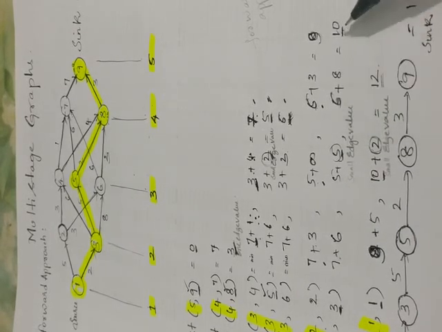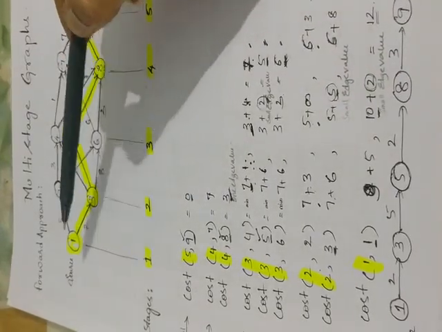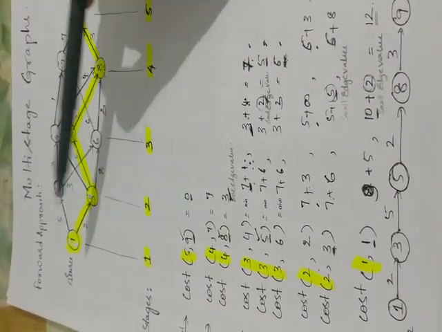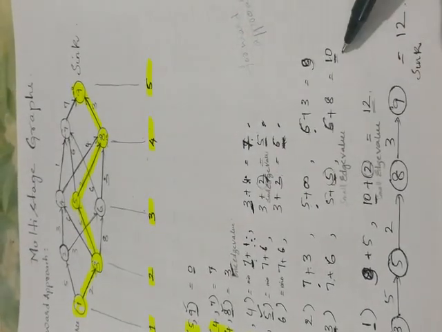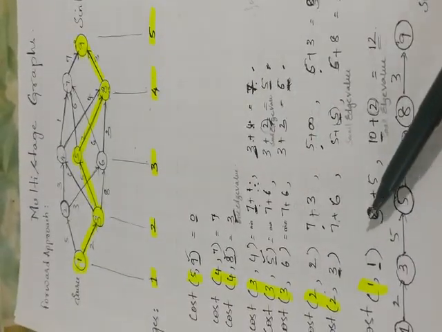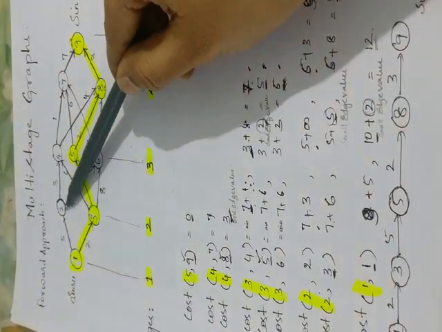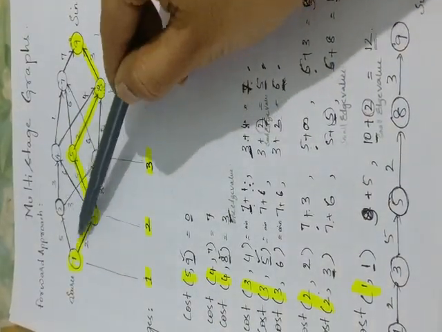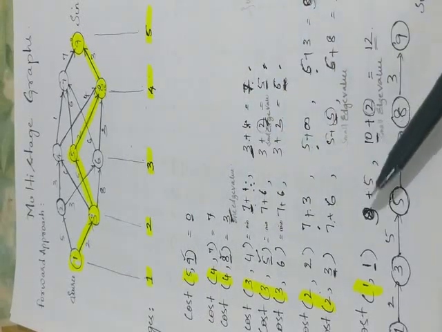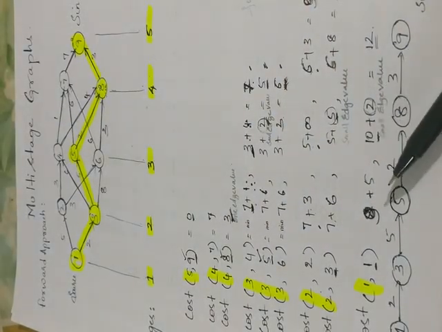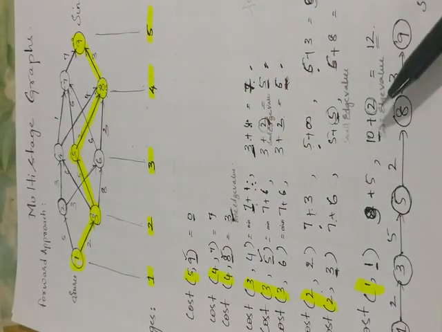So in the next stage, that is stage 1. Till stage 2, what are the values that we have received? It is 9 and 10. So I will write down 9 and 10 in advance. And from 1, to reach stage 2 it will be 5 and 2. So 5 and 2, I will be writing 5 and 2. So that will be 14 and this will be 12. Of the 2, which is the minimum?